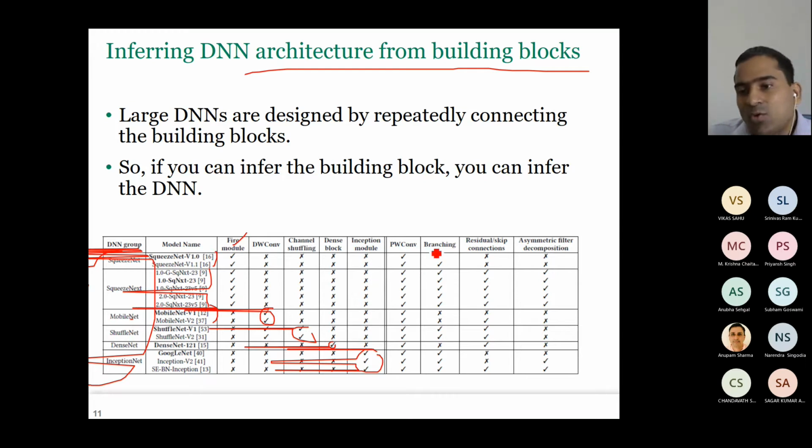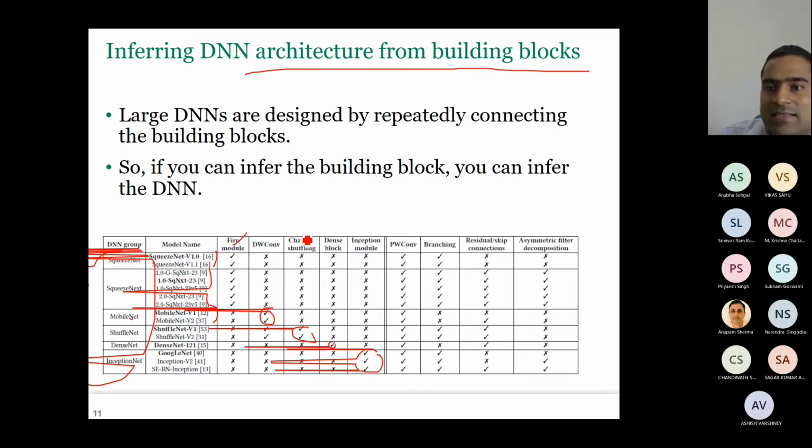Now, do they have branching? So based on these building blocks,